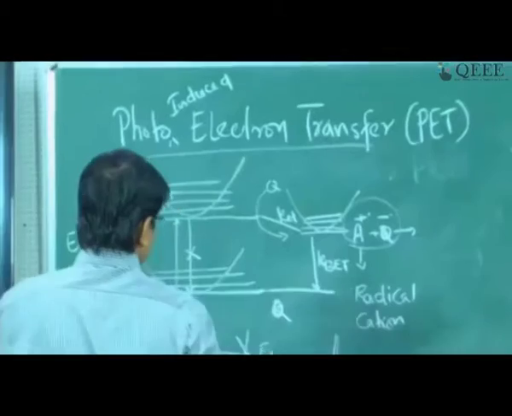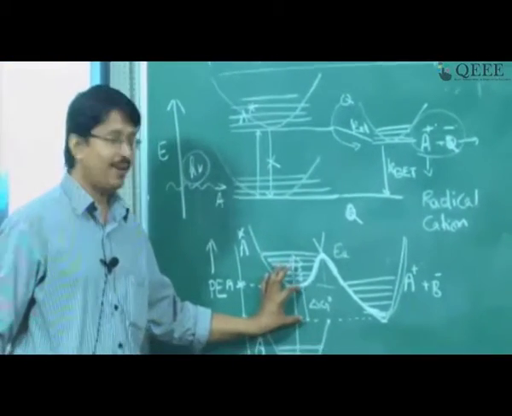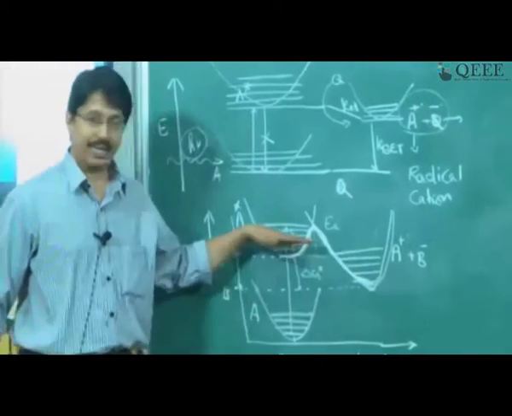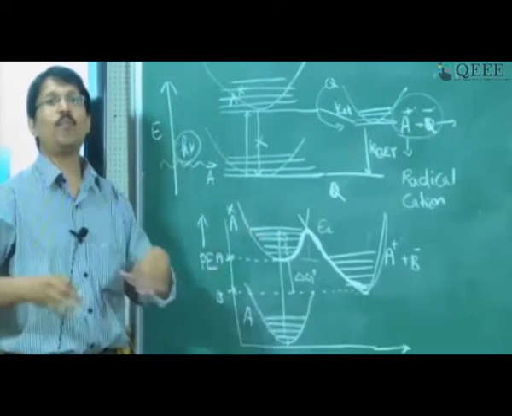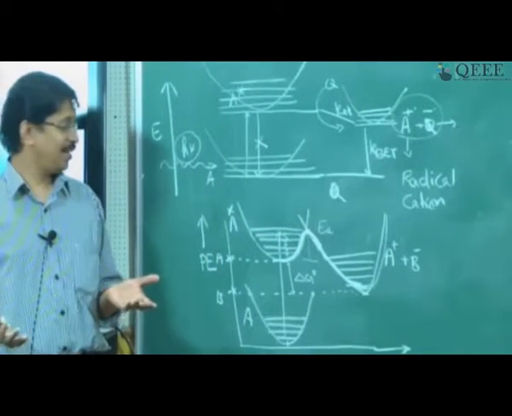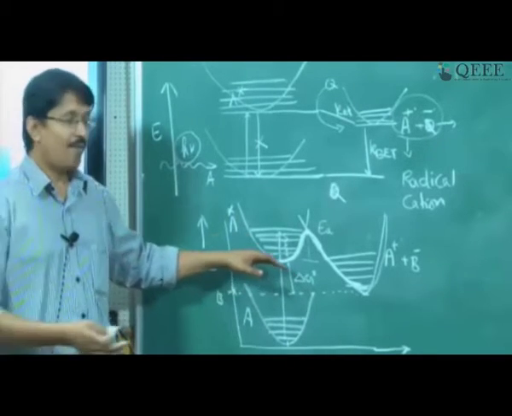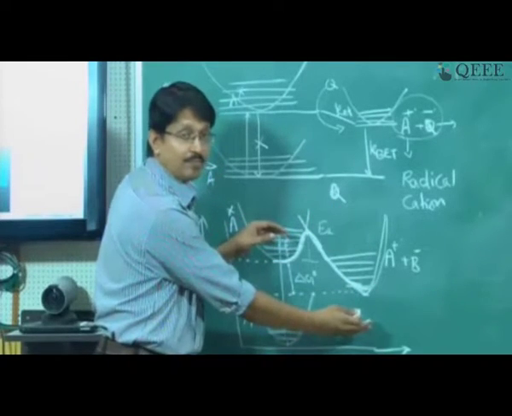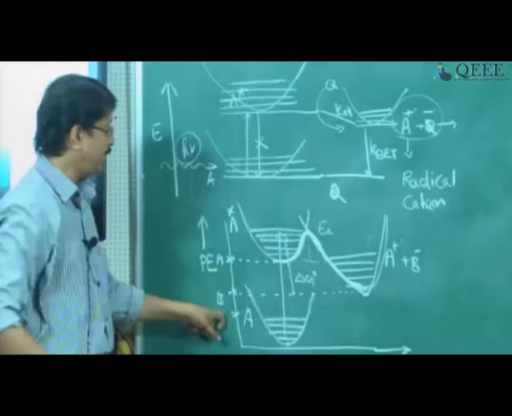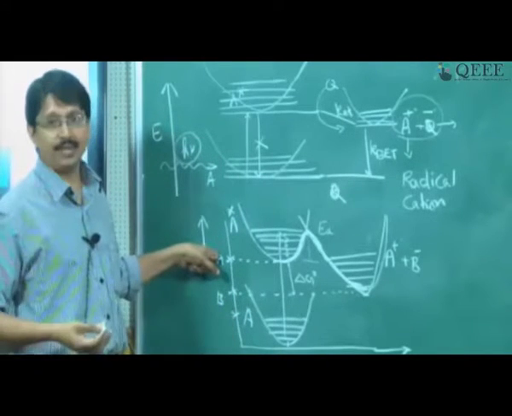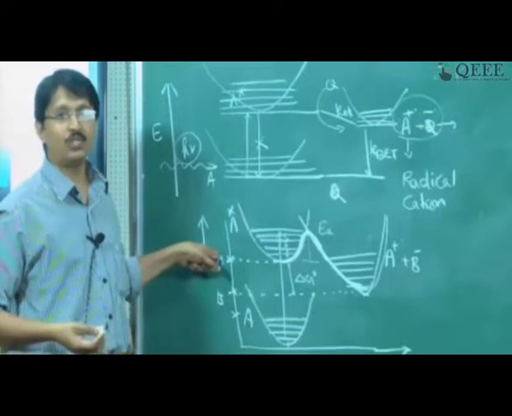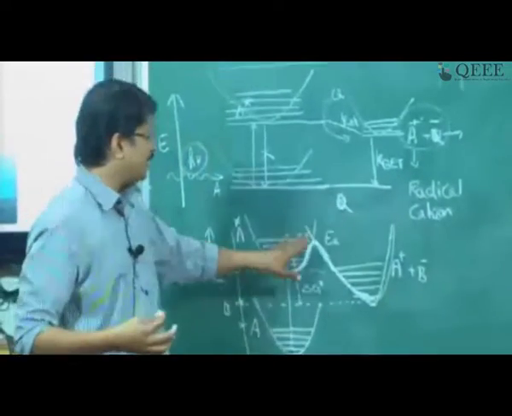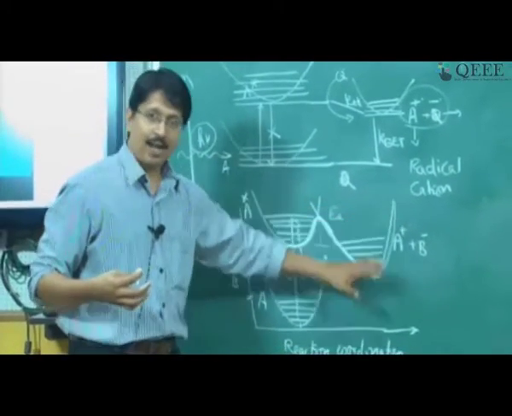Okay, let us go to the board. So what we said is, this difference is delta G 0. Now it is negative because it is B minus A. I wanted to make it more negative. If you want more negative, I want to make this difference more. Basically, I want to pull this down, further down. So I will get a value somewhere here, and this B dash minus A will be a larger negative value. So my intention is to make this process more and more negative delta G. So in other words, I want you to pull this curve down.